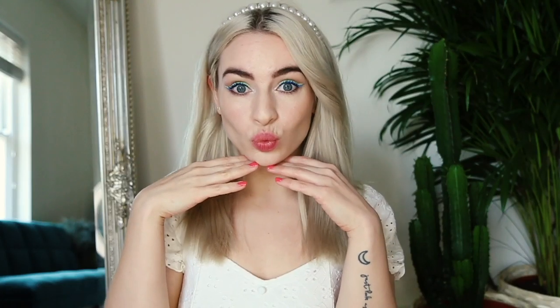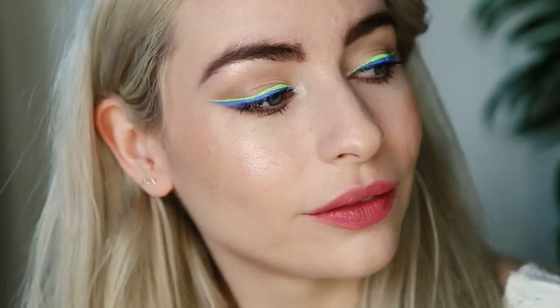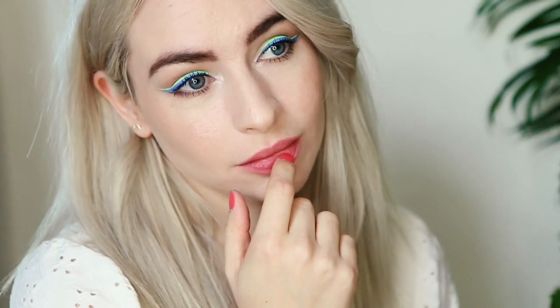And this is the finished look. There are so many amazing summer beauty trends right now. You could switch up the neon liner for some neon mascara. You could add some graphic glitter eyeshadow, which I'm definitely going to be trying next time, or even try adding some freckles. I had a big old browse of the Boots website to choose all of these products from loads